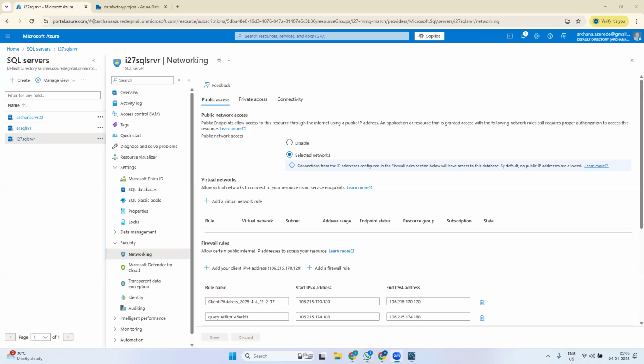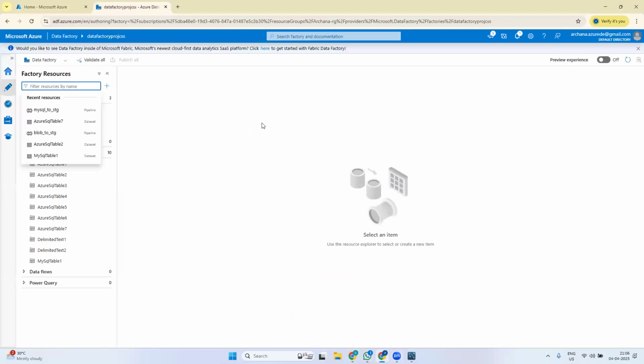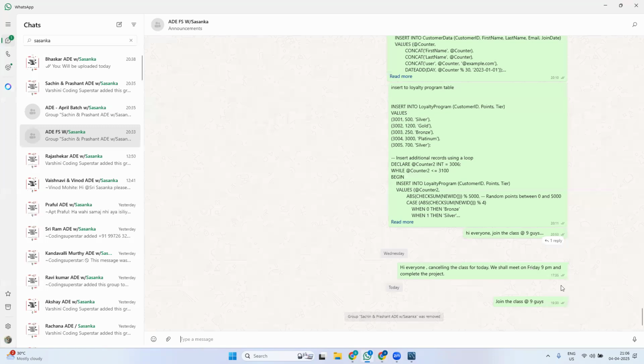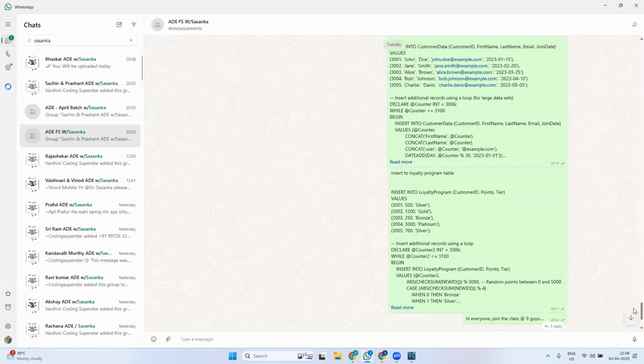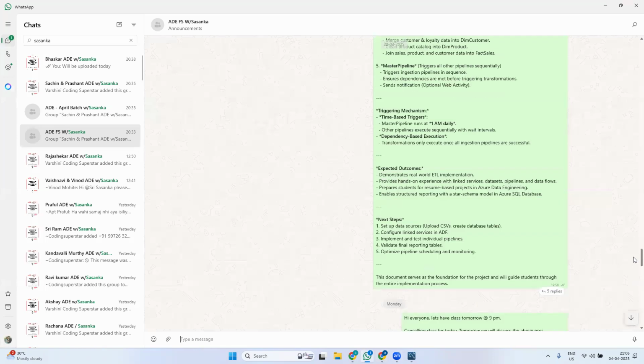So we have created three pipelines which are bringing our data from our sources to the staging layer, or the staging tables in our SQL database, right? So, what would be our next step? We had this description shared, right? So, in this,